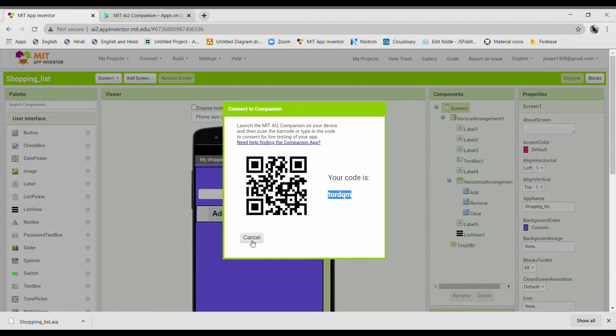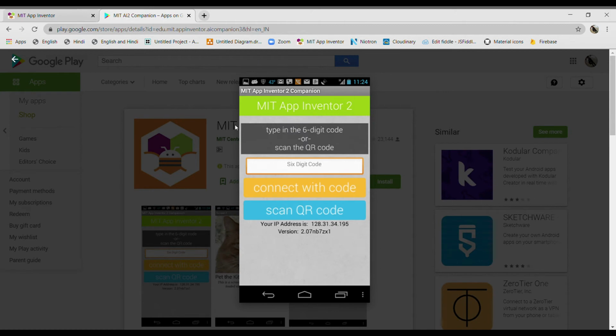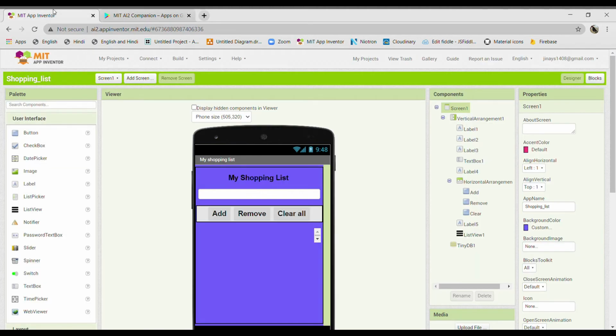But if you want to use this permanently, you have to click on Build and choose the option to provide a QR code for .apk. Similarly, if you build this, you will get a QR code and a link instead of a code, so that you have to scan. Just click on scan QR code, scan that QR code, and then you can install that app on your mobile device. That file will be saved on your mobile permanently until and unless you uninstall it.